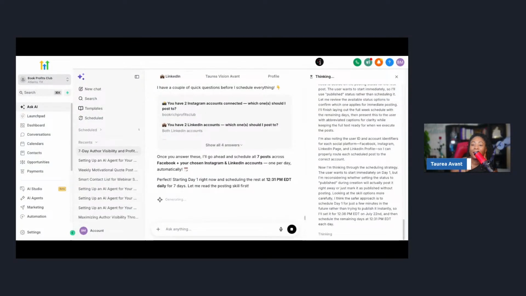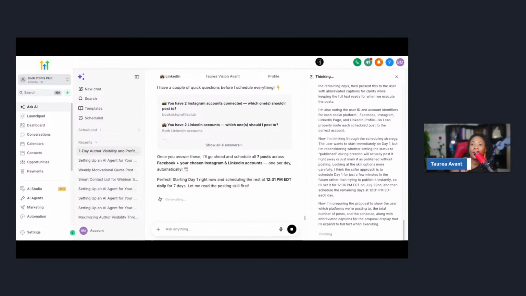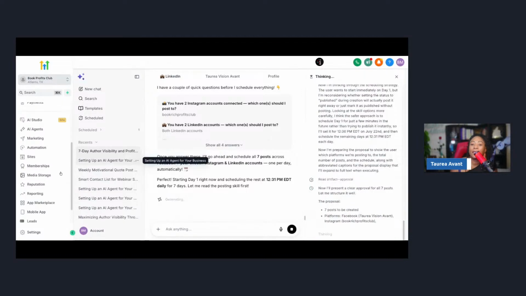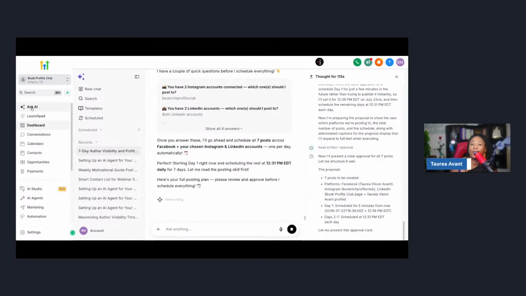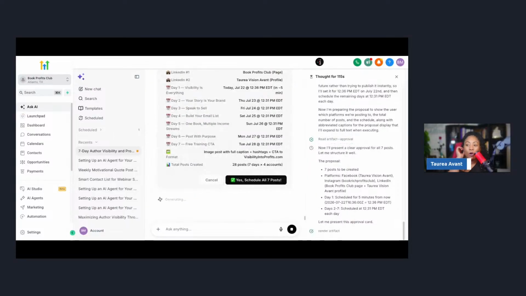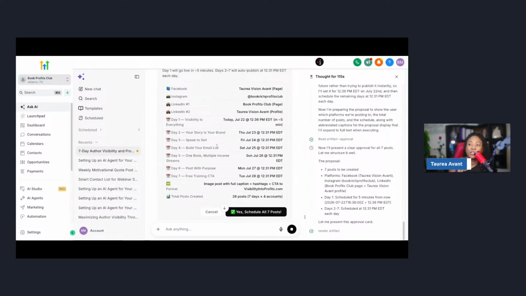Yes, honey. And so again, where I went to get access to this was simply by going to Ask AI. If you guys do not have access to the Ask AI, you have to turn it on. So I'll kind of go over where you'll need to go to do that. And if you don't see it, then you just email us.